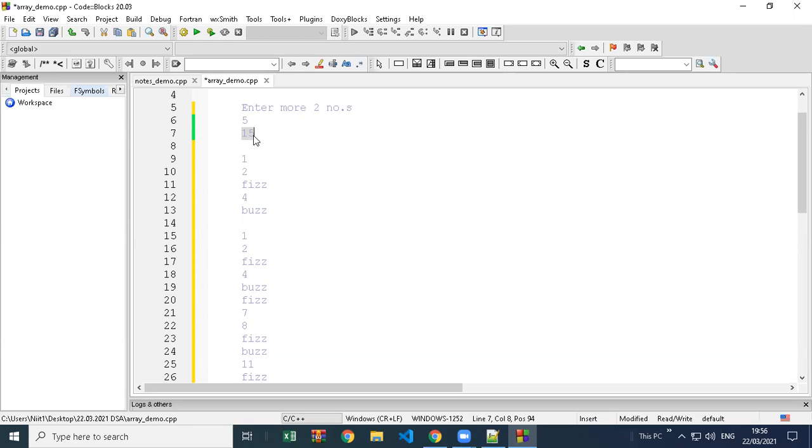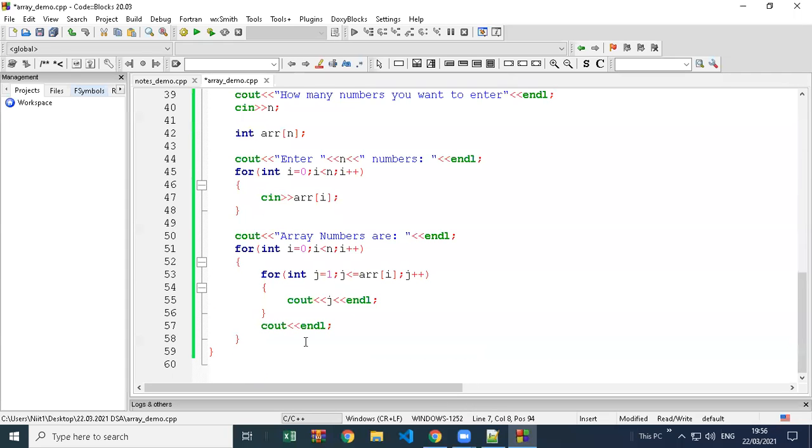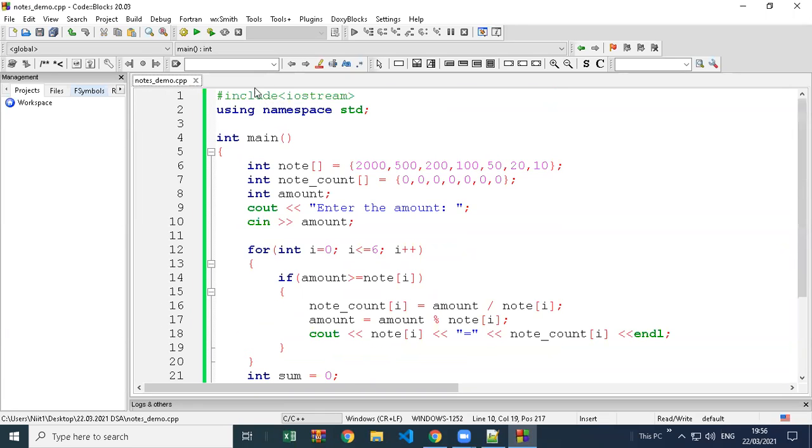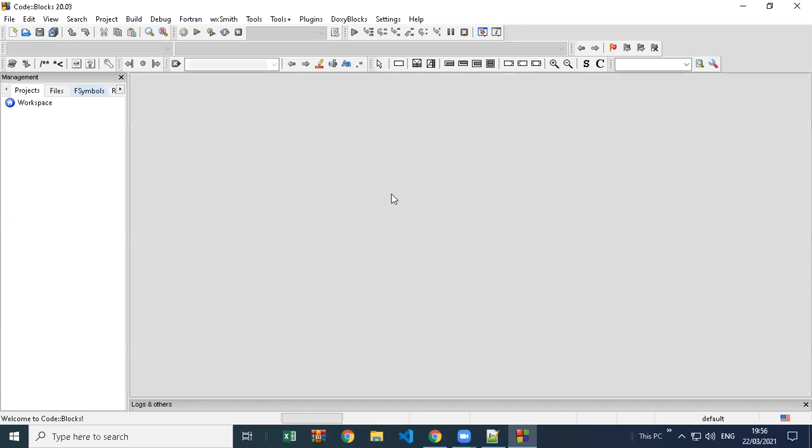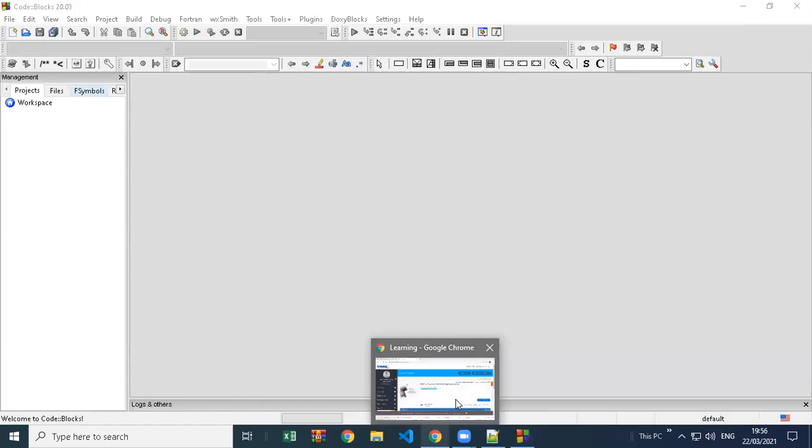So the whole code is there, almost 80-90% of the code is already written. You just have to add if else in the same code. You don't have to create new code. So this file I will share with you. You can change it in the same file and send me back your homework file.